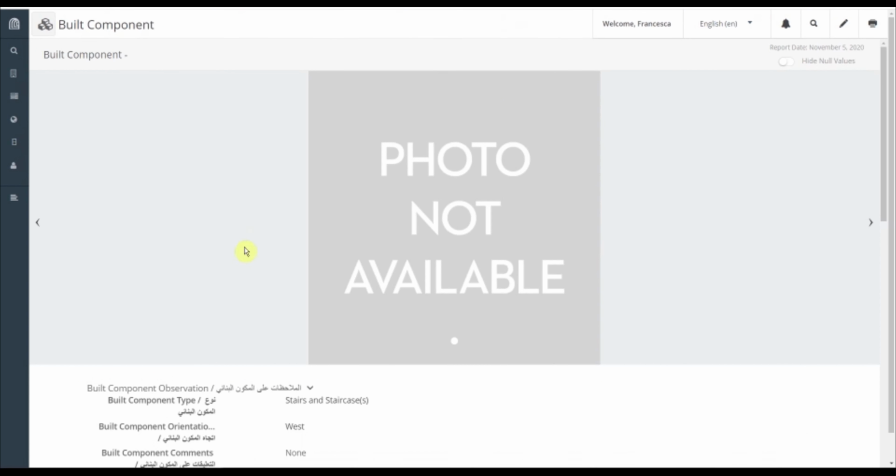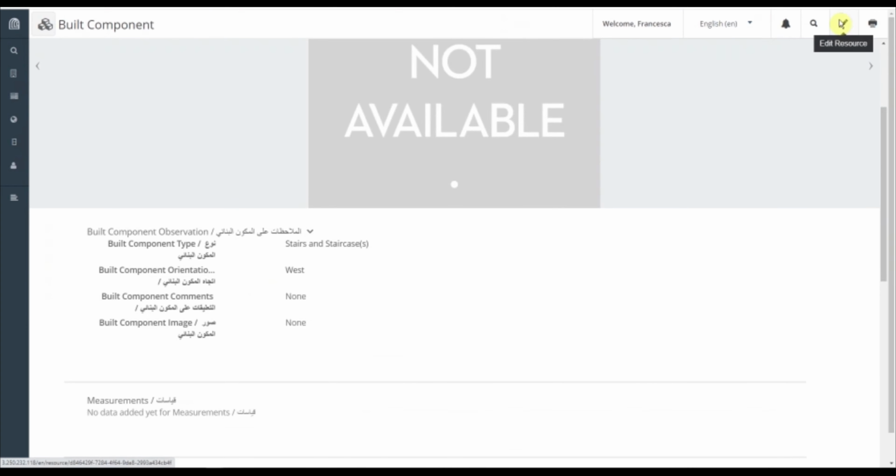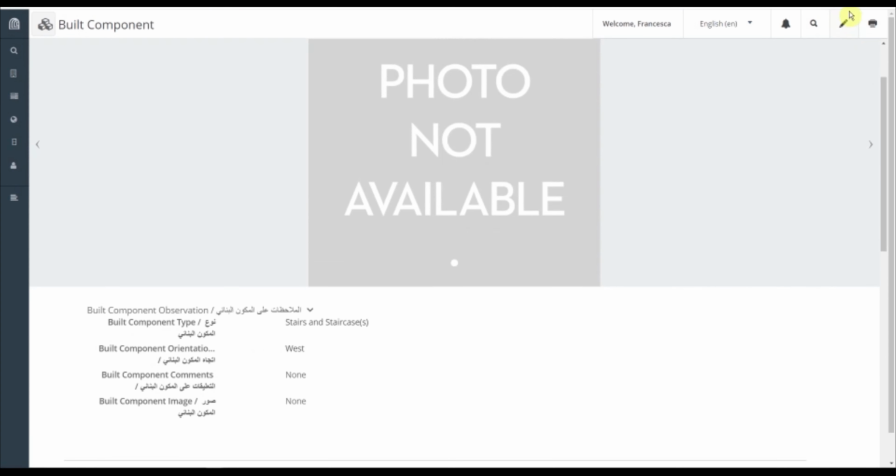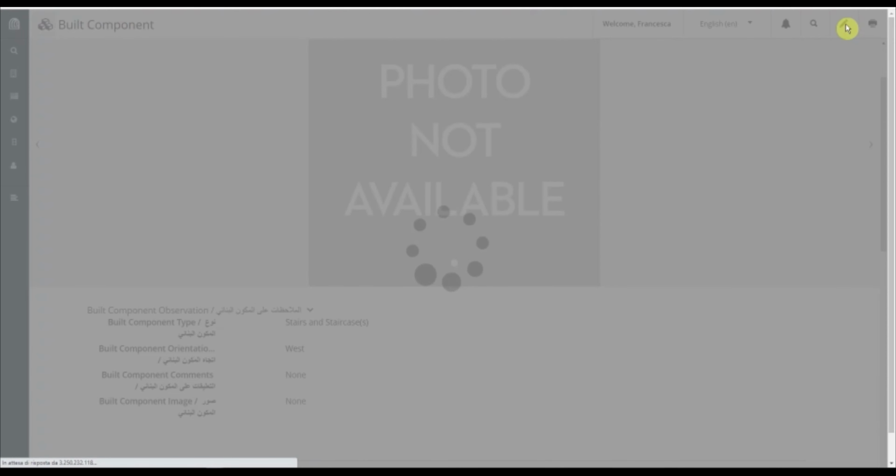You click on it, and the record of the component will open. You click on the right side of the screen on Edit Resource. You click on the small pen, and you will be able to edit this record.